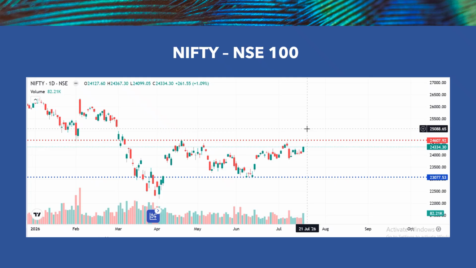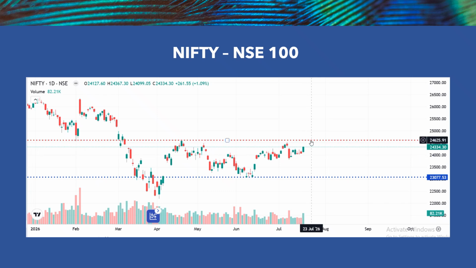So a combined effect of different factors has brought this index down, but it has managed to get back some of its losses, gather some strength, and is now kind of range bound between